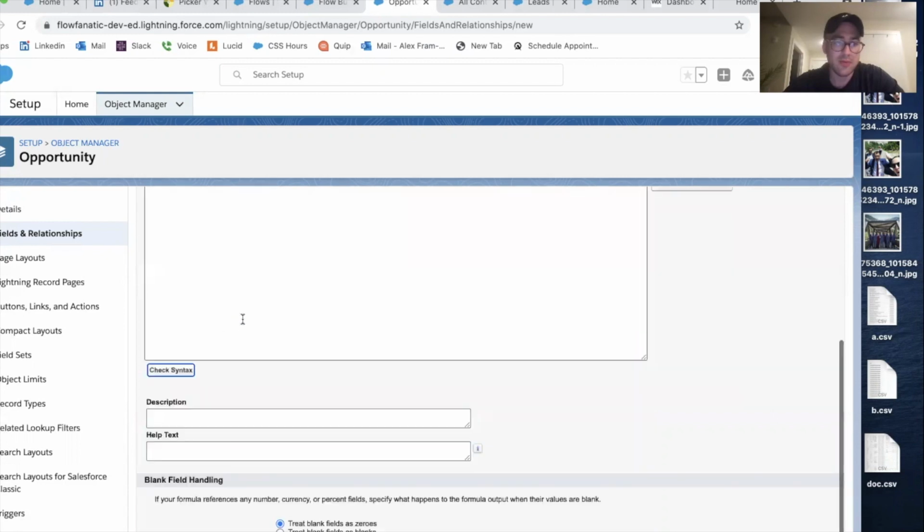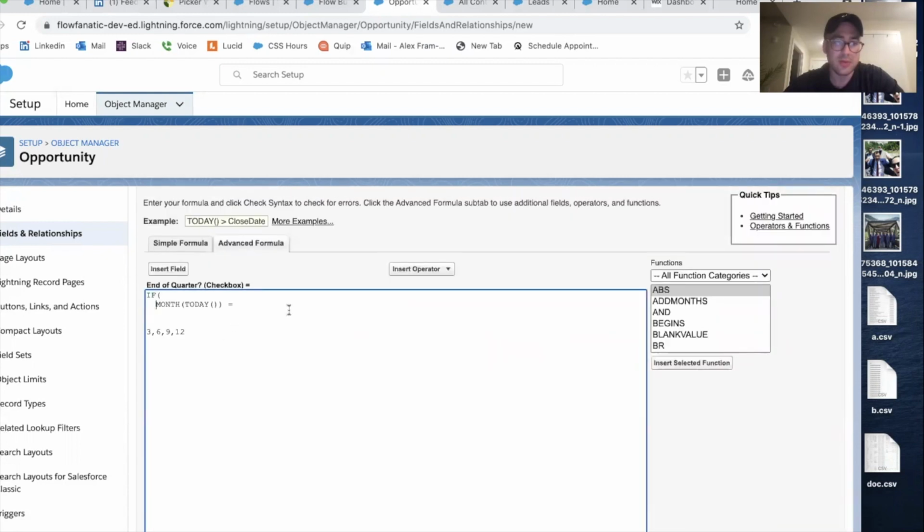If the month of today is equal to 3, just add in an or. So if the month is equal to 3, or the month is equal to 6, or the month is equal to 9, or the month is equal to 12,